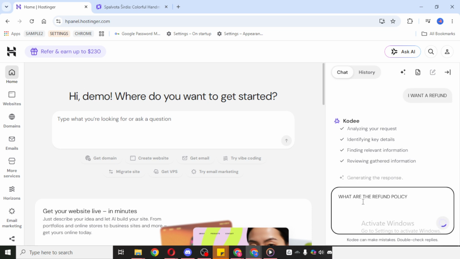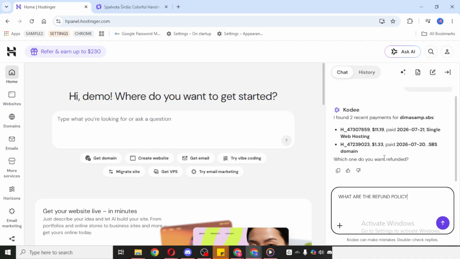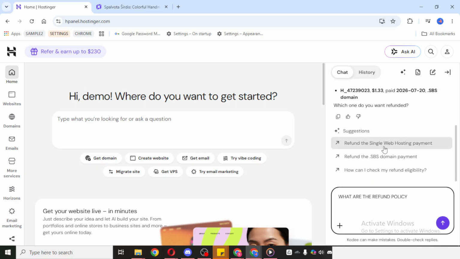If you're contacting support about a billing issue, a website problem, or account-related help, explain that briefly and clearly in the message box. Avoid sharing any sensitive personal information in the chat unless absolutely necessary and only within the secure support area of your account. Cody can assist with many questions right away, which makes it a convenient first step when trying to contact Hostinger customer care support. Even if you're ultimately looking for direct support, starting here helps organize your request and can move you closer to the right solution.